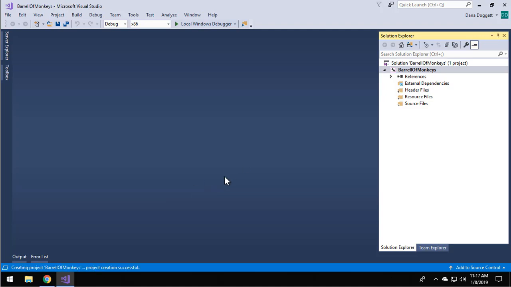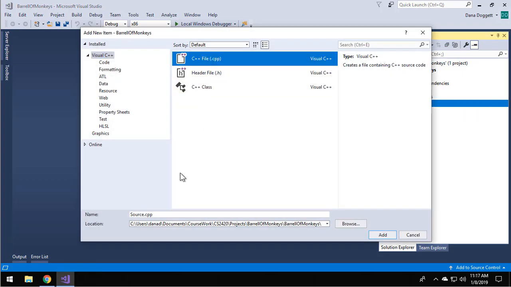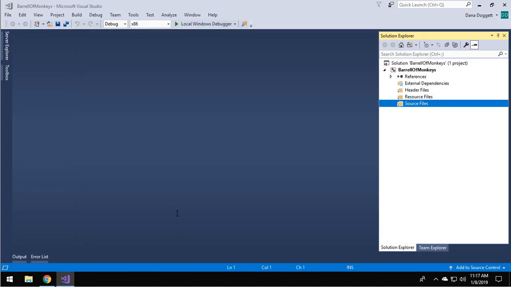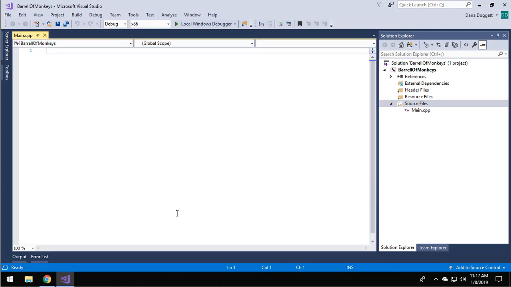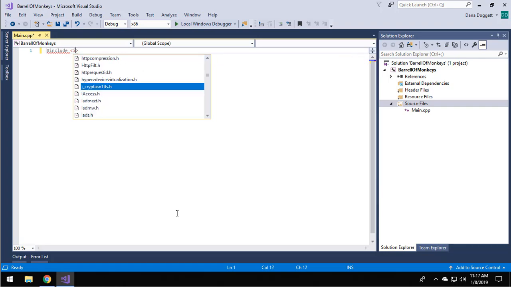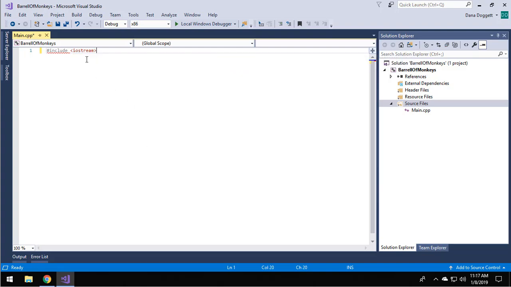Actually, before I even try to pull the stuff from the Xylab, I'm going to make sure that I can make a single file, main, new item, CPP file, main.cpp, and I'm going to put just enough in here to do hello world because that's one of my milestones. And believe me, that's an important one to do. If you can't do this part, then don't go any further because there's something else really wrong. So I need to do an iostream like I, oops, spell it right, like I do for every console app, #include iostream, using